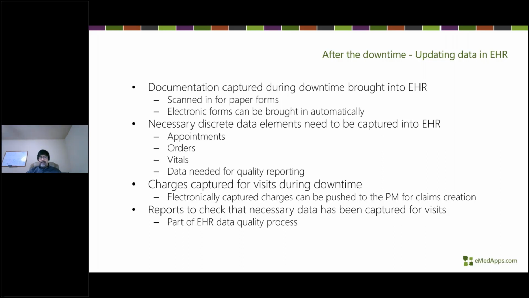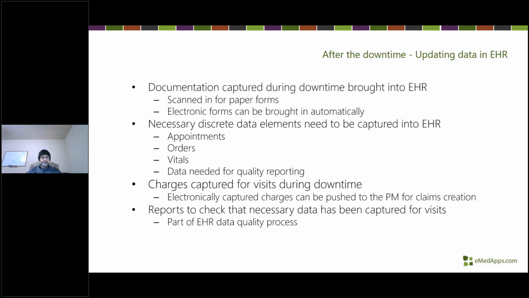You need to bring in any of the discrete data elements that make sense for the organization. Things like appointments, orders, vitals, medications falls under orders. Really any of the data that you need for your quality reporting, right? That quality reporting is going to be based on discrete information. It's not going to be able to be run from the scanned in note or the electronic note that came in. So you want to make sure that you're capturing all of the discrete data that's required for your quality reporting into the EHR